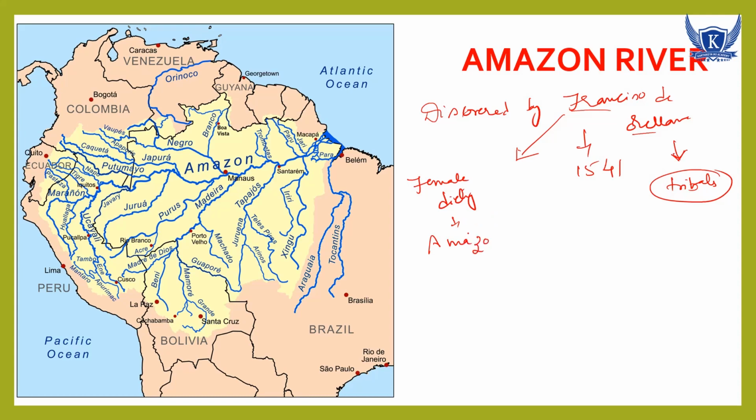This Amazon name came from that female deity of the tribals. Why did it actually come? Because when there was any actual war, even the females used to accompany the men